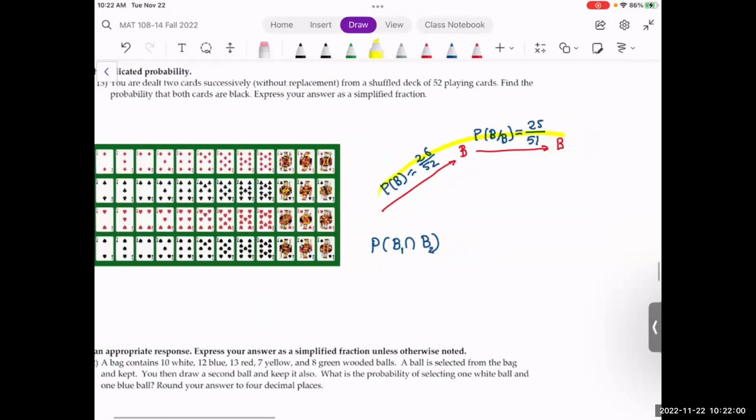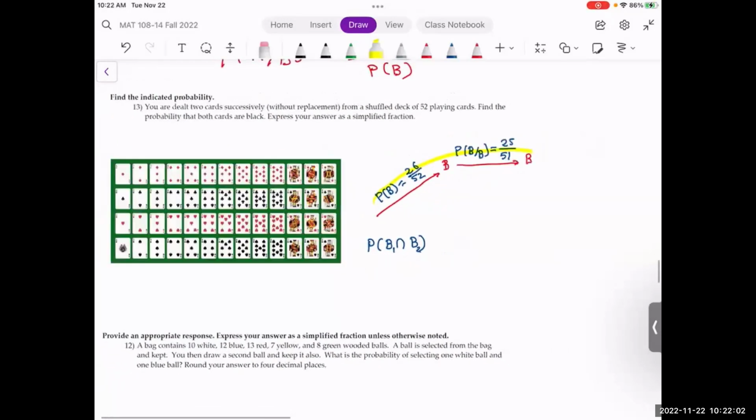So if I continue here the path, this path is giving me the probability. This one is giving me the probability of black and black. And then how can I get it? By multiplying the probability of B times the probability of black given black,